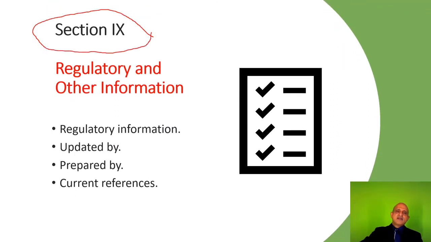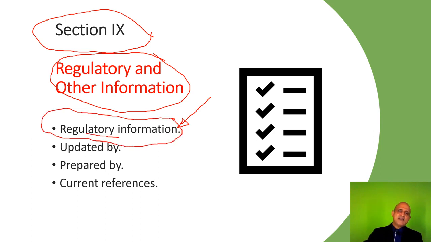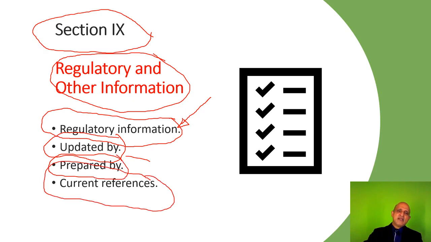Section 9 focuses on regulatory and other information. This information must be included in your PHDS. Now, every PHDS is a control document which is developed by the biorisk manager for that respective facility. For instance, if a biological agent has certain characteristics in a tropical country, the characteristics may be different in a temperate country, and this must be taken into consideration. So the regulatory information must be included in the pathogen safety data sheet, the date on which the information has been updated, the person who updated the information and the current references, and this completes the PHDS template.